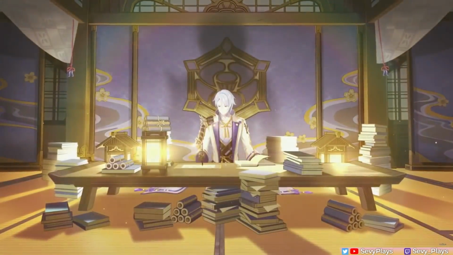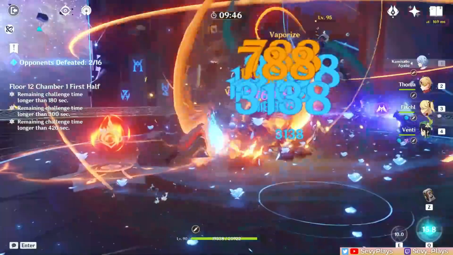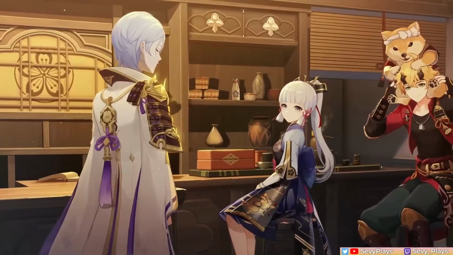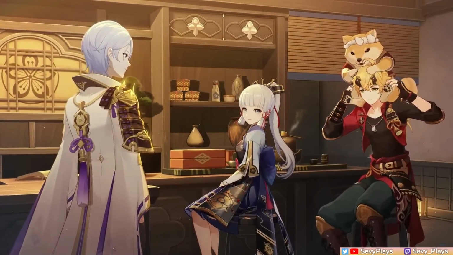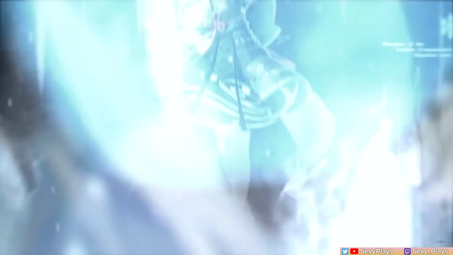Hey everyone, it's Sevy. In my previous video, I covered some fun Ayato teams for you to try out, but I wanted to make this standalone video talking about the Kamisato siblings and how to make them work best together in a team comp. As Hydro and Cryo DPSs, they are very strong units in themselves, but even more so